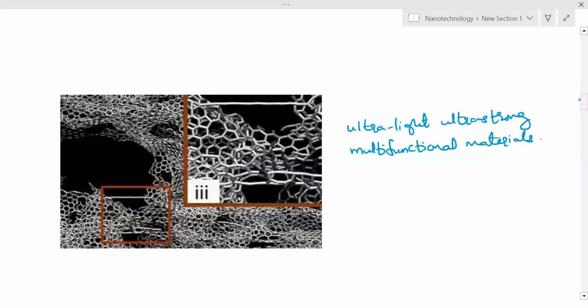So basically, the material is light, at the same time, it is strong. And this has multiple functions in different applications. So the material will be lightweight but strong. So we are achieving both the conditions, that we are able to design a strong material at the same time with lightweight. So the amount of material it takes is lesser. So these are made using nanostructures,